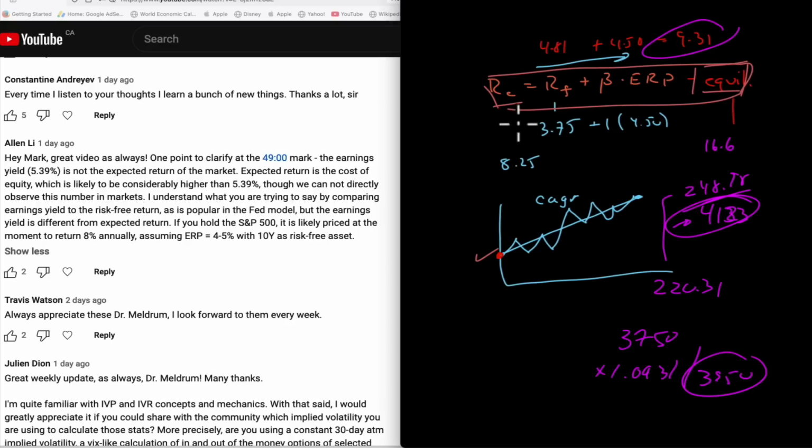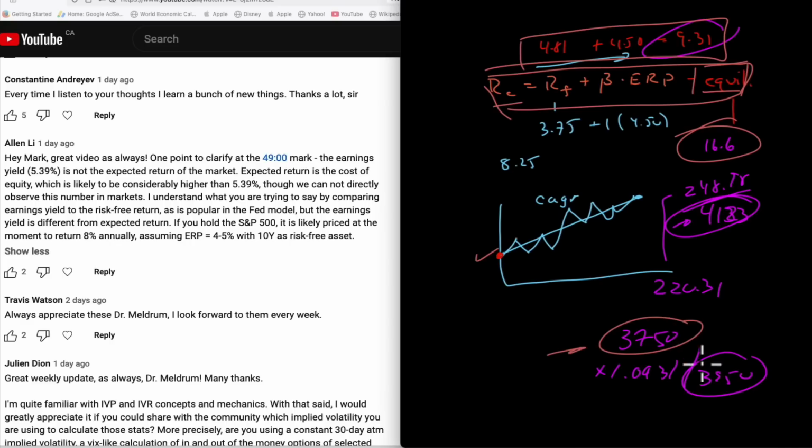If you're using a long-term model, or a short-term model, say 9.31, that would assume that you are in equilibrium now, which would assume an equilibrium multiple. So the equilibrium price would be somewhere around 37.50. We're at 41.23. So by that model, this market is quite overvalued, significantly overbought.